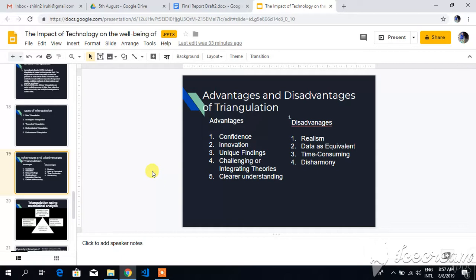Apart from that, the data collected in triangulation is actually treated as equivalent. That means data collected from an interview is seen as equivalent to the data collected from a survey. Not to mention that triangulation can be quite time consuming, as we need to dig in to find the highlights from the primary data and then from the secondary data, and to find both the datas come to a matching point, which can cause a lot of loss of time. And moreover, due to various citations and various resources,